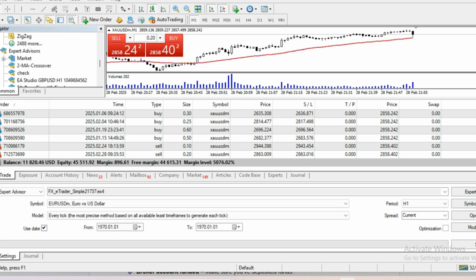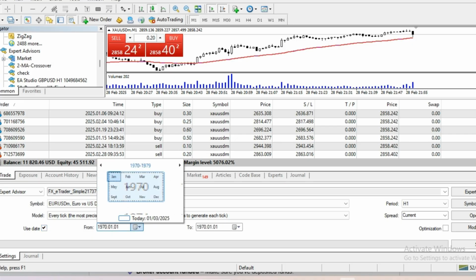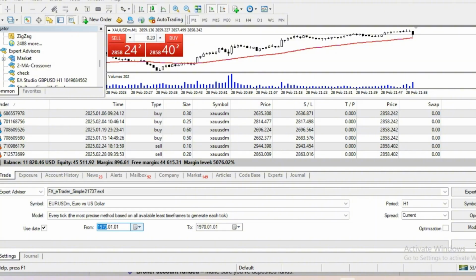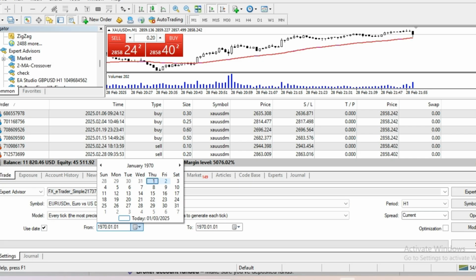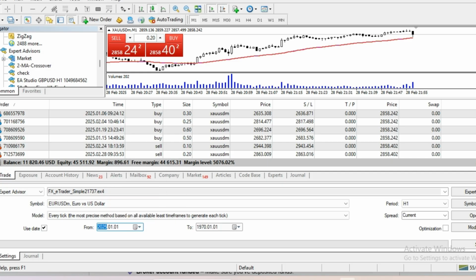Then click on data, and if you are a beginner and you don't know how to backtest, you can easily go from here, and it will be very helpful for you because this whole course is beginner friendly and any person can easily follow it. So here I will write 2025, and let's try to do it on the first 2 months,